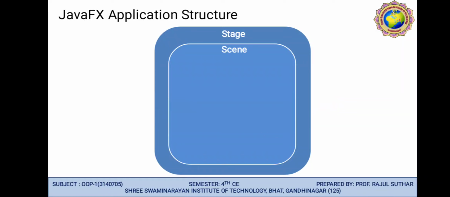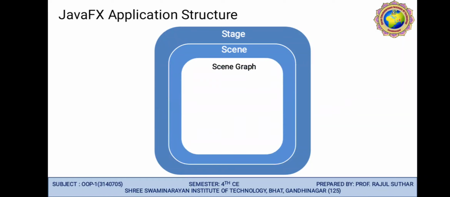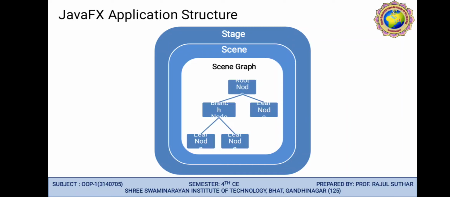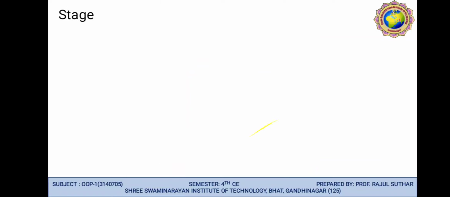This is the structure of a JavaFX application. We can say that it starts with the stage and scene graph. It covers the node, or we can say the root node. Then first, the branch node, and second, the leaf node. So this is called the branch node and this one is a leaf node. If a branch node covers more than one leaf node, you can connect them this way.